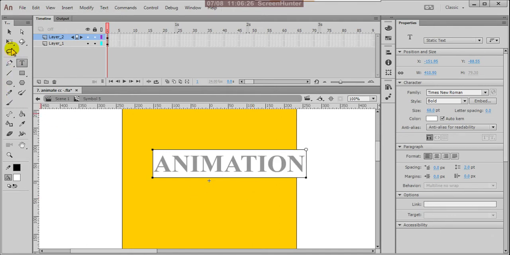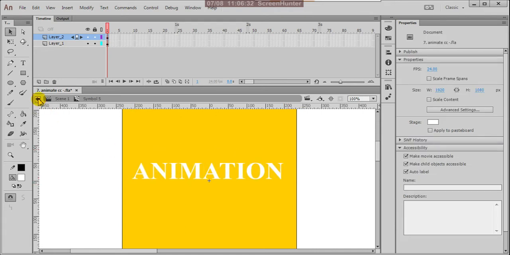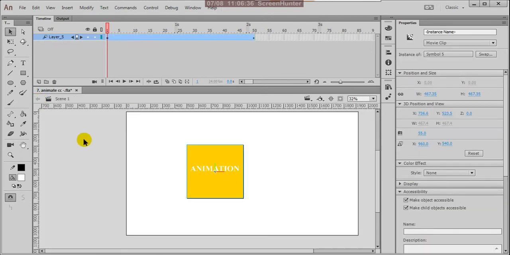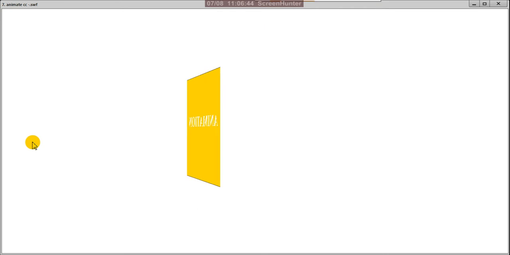Okay, now come out from editing mode, and check this along with your shape. Along with your shape, your text animation is also moving.